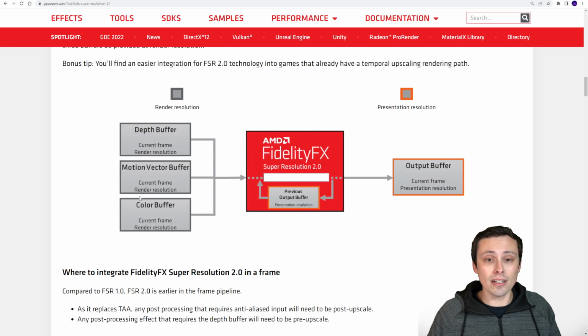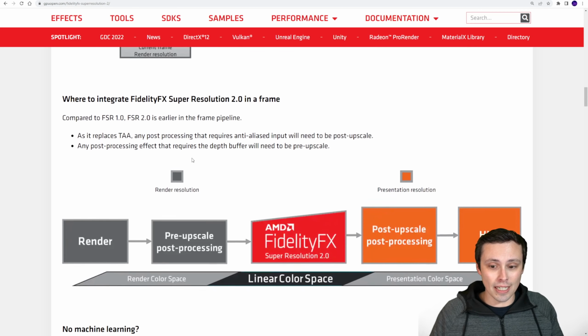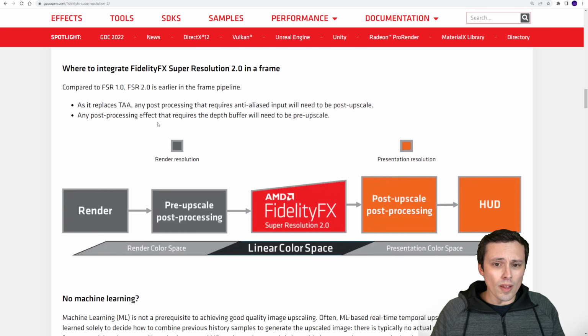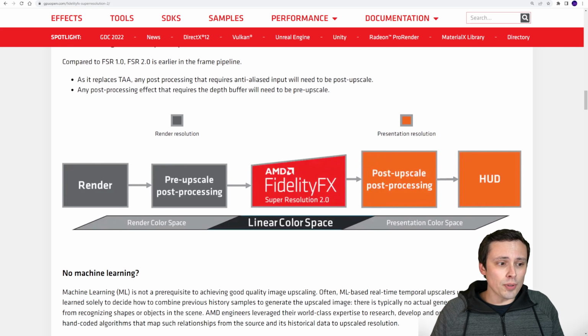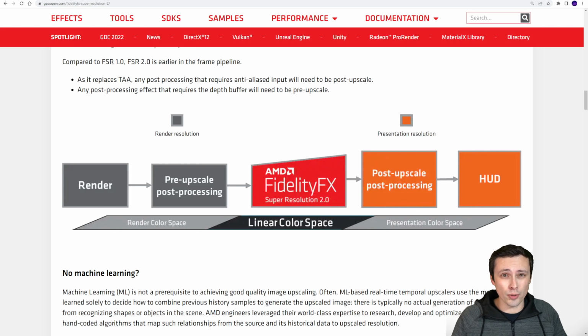And it can get a lot closer than something like FSR 1.0 because it has access to this more information, which can also come with some downsides in terms of its ease of implementation, which we'll get to in a second. Now, one thing about this is that it's probably not ever going to be able to be added at the